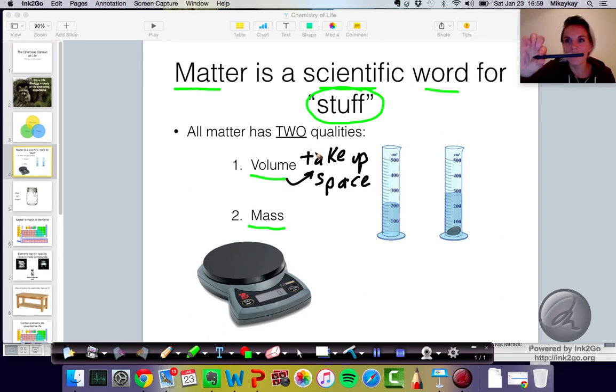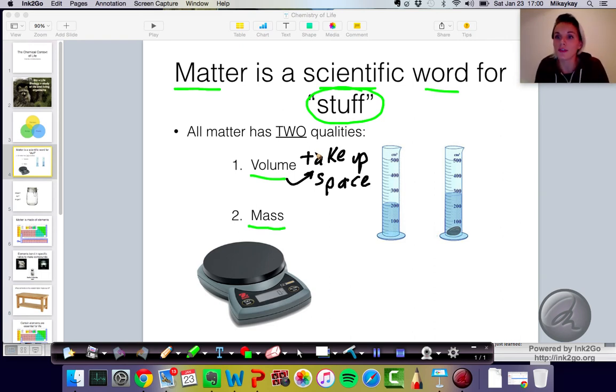So this pen that I have here, it has some volume, right? It takes up space. I can see it. I see that it has a certain size, right? So if something has a small volume, it is small. If something has a large volume, so let's say this cup that I have here, it has a larger volume than my pen. I don't know how well you can see this with the background, right? This cup is significantly bigger. It takes up more space than my pen here, and therefore my cup of tea has a larger volume, okay?